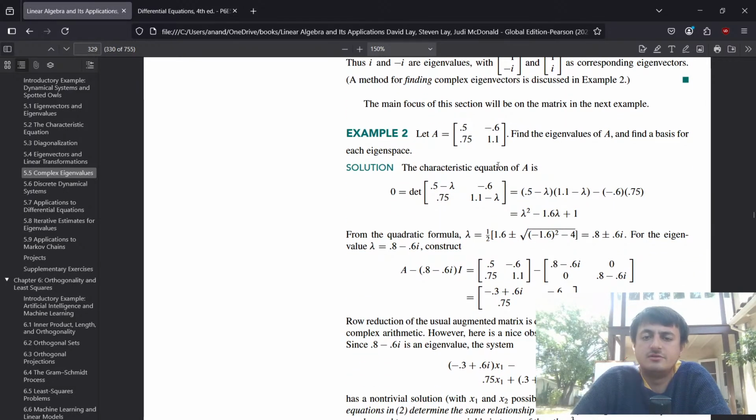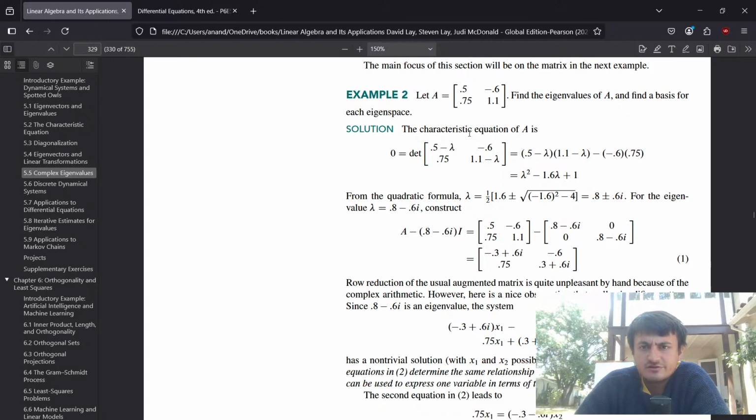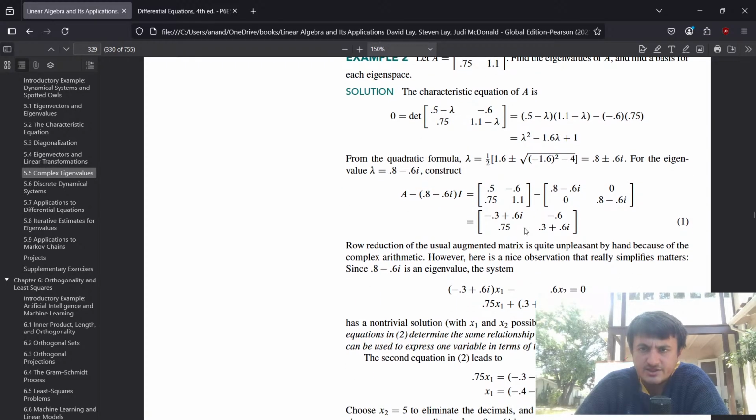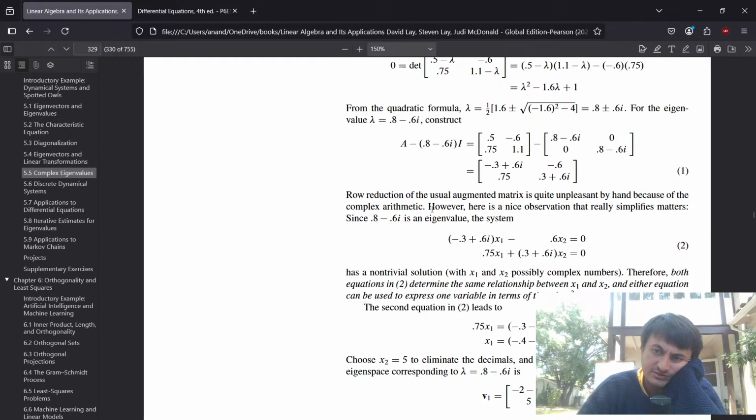Okay, so let A be this. Find the eigenvalues of A and find a basis for each eigenspace. The characteristic equation of A is the determinant of 0.5 minus lambda, and so on. You get this characteristic equation from the quadratic formula, and you get these eigenvalues. Then you take the first eigenvalue and you construct A minus lambda I. Row reduction of the usual augmented matrix is